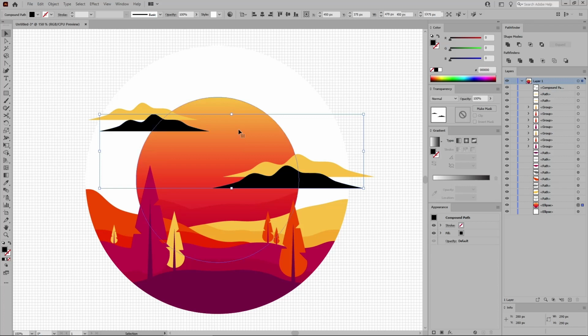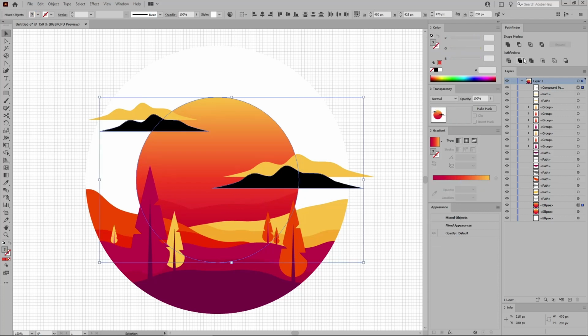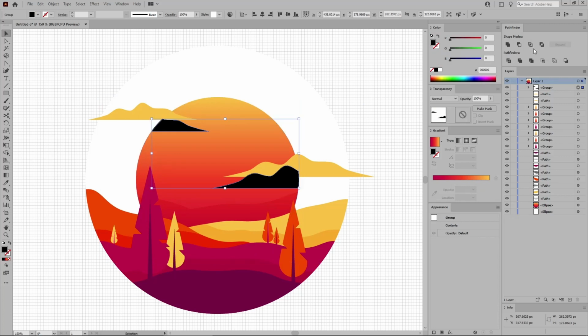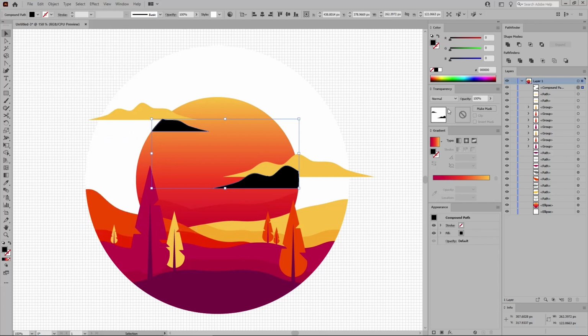Now select your sun shape and press Ctrl C and Ctrl F to add a copy in front. Select this copy along with your compound path and click this intersect button from the Pathfinder panel. Again, turn this resulting group of shapes into a new compound path, and then focus on the transparency panel to lower the opacity to 40% and change the blending mode to soft light. Remember to go to the layers panel when you are done and to move this compound path below your cloud